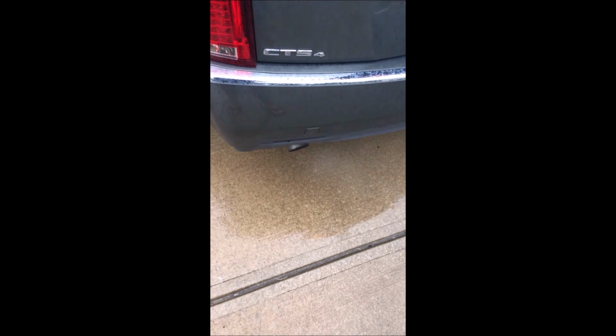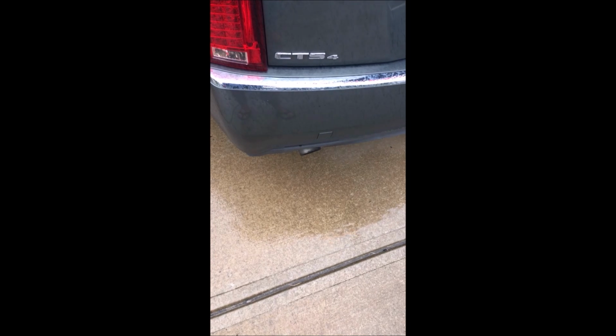So I started to troubleshoot a little bit with my buddy, and I looked, and the coolant reservoir was actually empty. I refilled it, and not even a day later, it was empty again. I didn't see any visible signs of a leak under the hood, so obviously it had to be going somewhere. So I started it up, looked at the exhaust, and it was smoking pretty good, as you can see it's starting